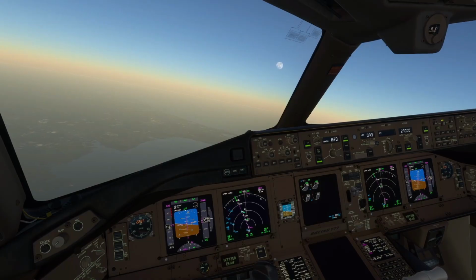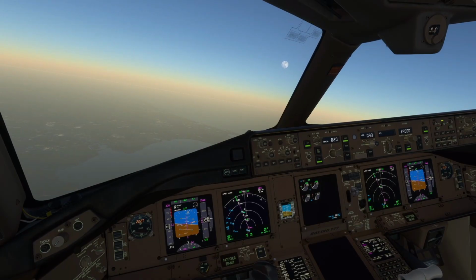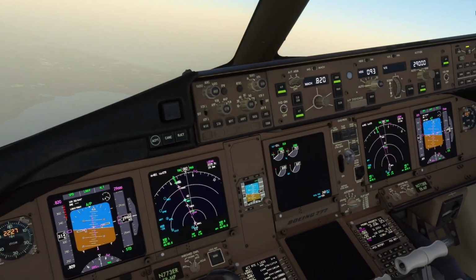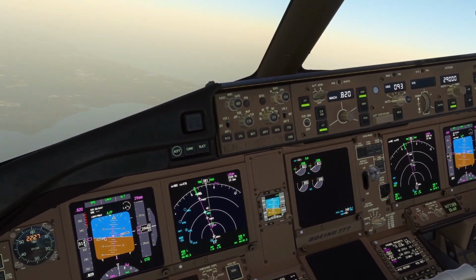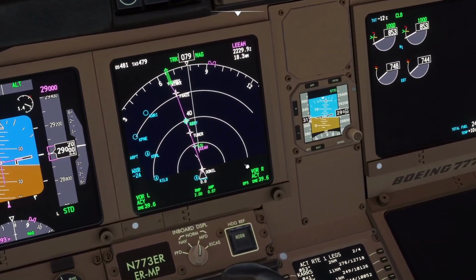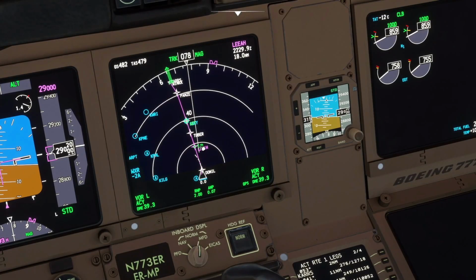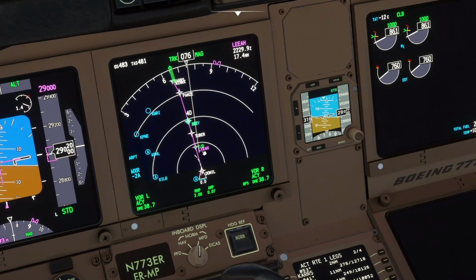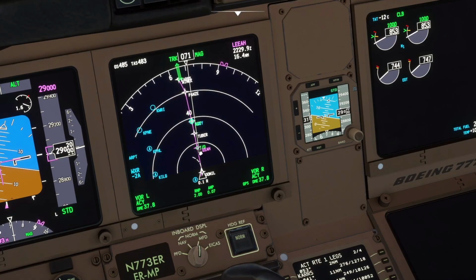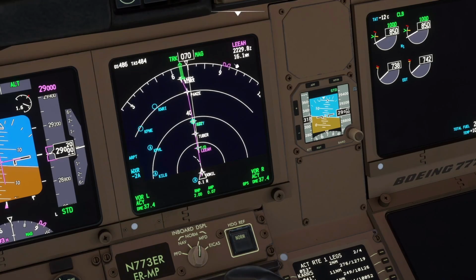Right now we are on our way to New York. We are about to reach the top of descent, so I will teach you how we do the descent procedures in the Boeing 777. As you can see here, we got a mark that says T/D, that means top of descent. So that means that at LEA, our waypoint, top of descent, it's a maximum waypoint where we can begin with the descent. We're about to reach it, only 16 miles away from LEA, so we're gonna begin with